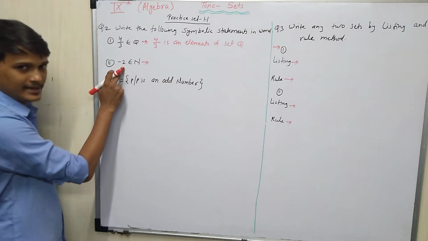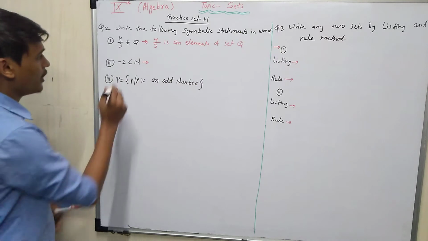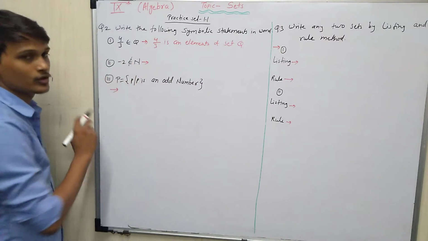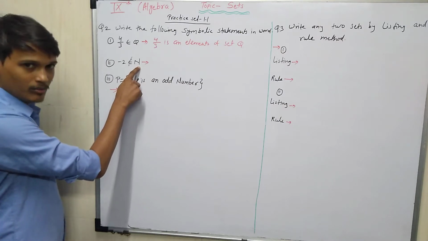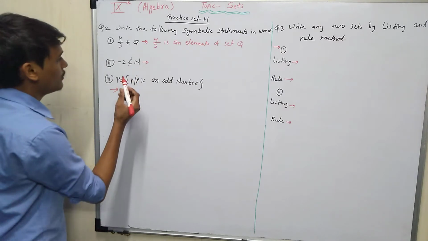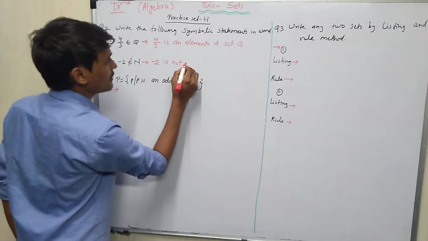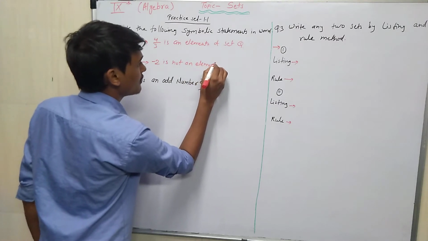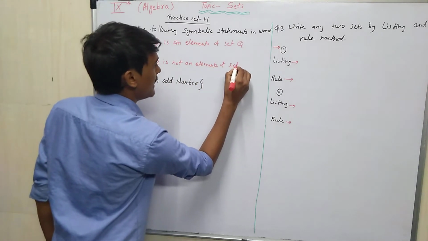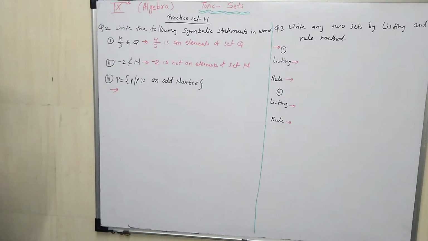Same. This is an element, and this is not belongs to N. Understood? This is a set, the natural numbers. Then write down here: -2 is not an element of set N. Clear? Next is